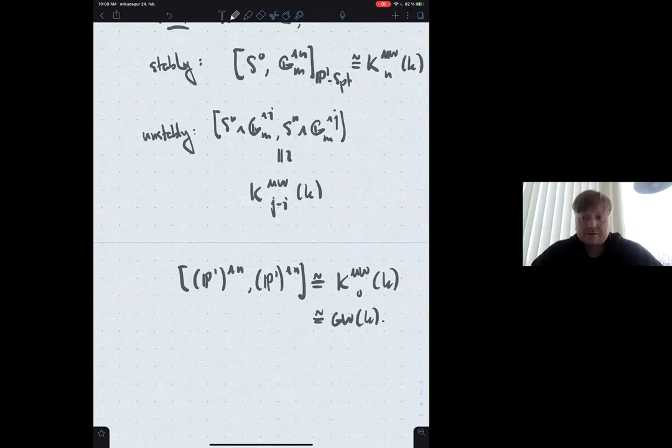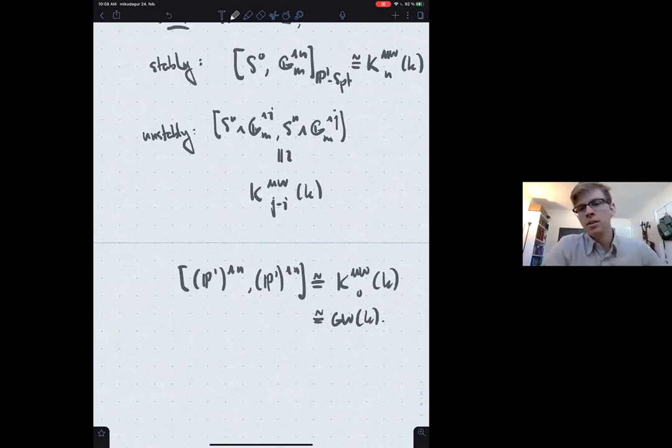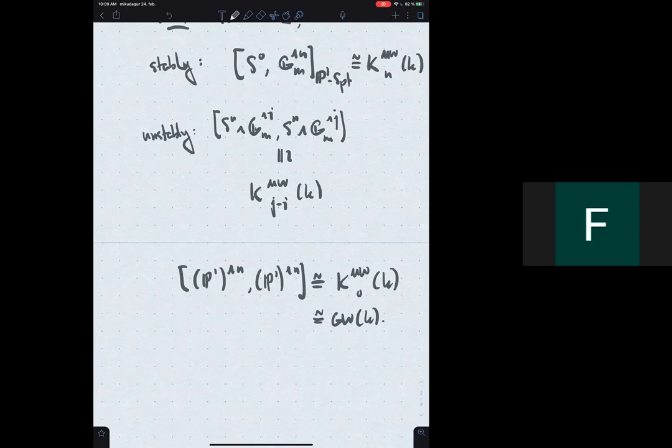And the base field is general. There's no assumption on the base field. In Morel, he assumes a perfect base field, but it's in a paper of Oiwa that you don't need that perfect assumption, that you can work around that. But at least when Morel first did this, it was a perfect base field. At least for what we're going to do, perfect doesn't show up anywhere. It really works in general.